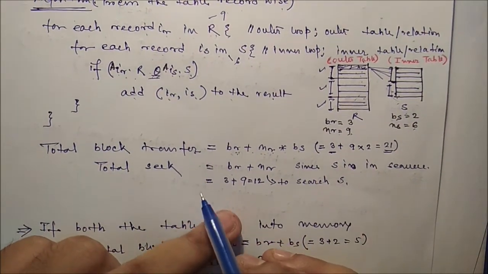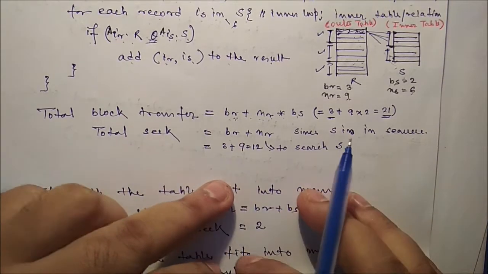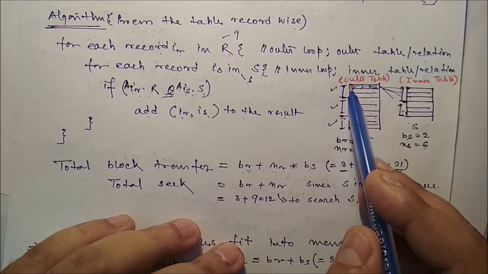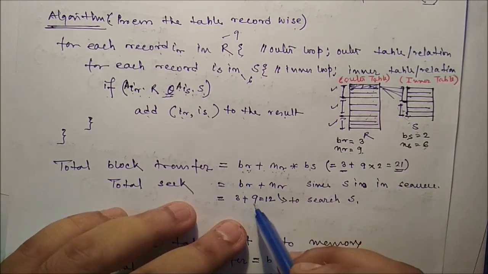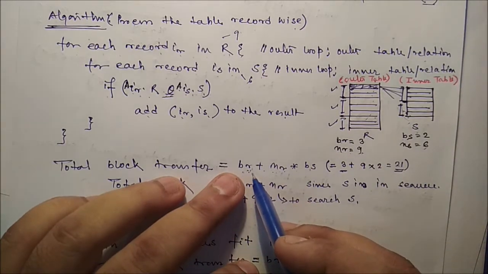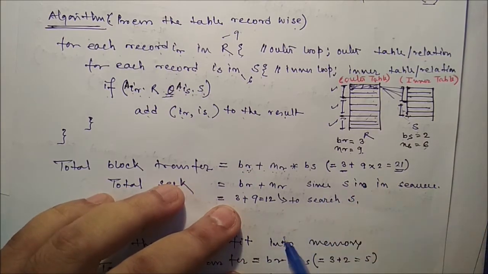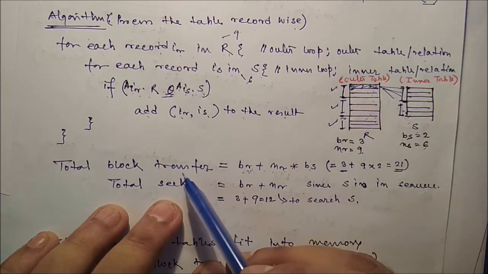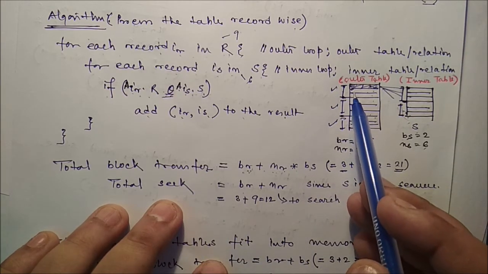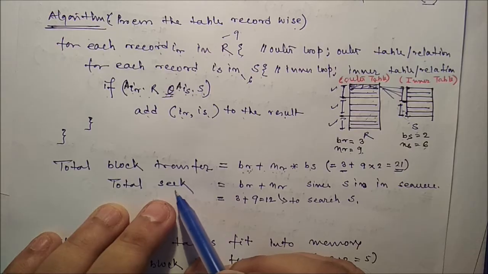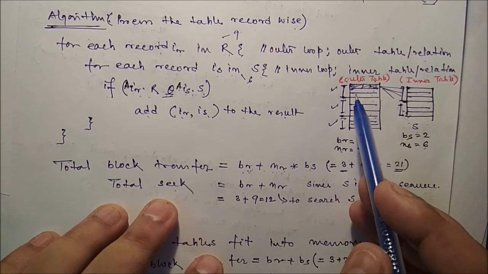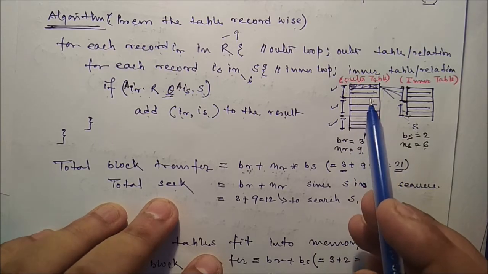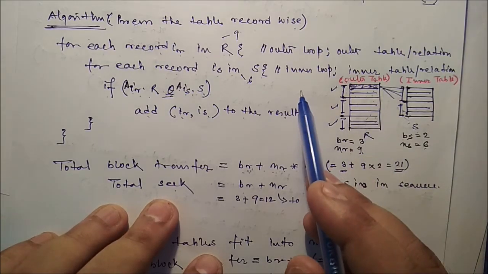Now see the total seek time. Now the seek time is what? To know where the data is. Initially we have to search for the particular data. So already you know what BR and BS are. What is seek time and transfer time? Transfer means the time required to transfer from hard disk to primary memory. And seek time is to locate the data first, to locate the file first, to locate the block first. So first of all we have to locate the file and then we transfer the file.